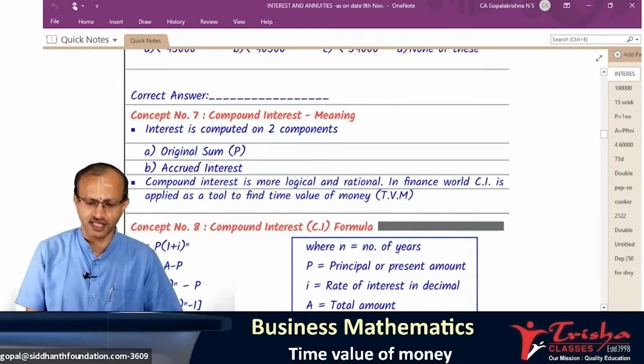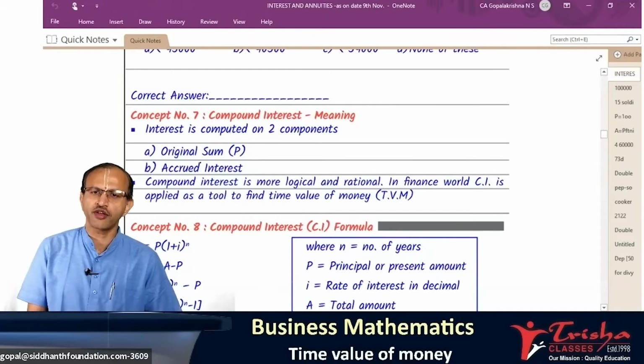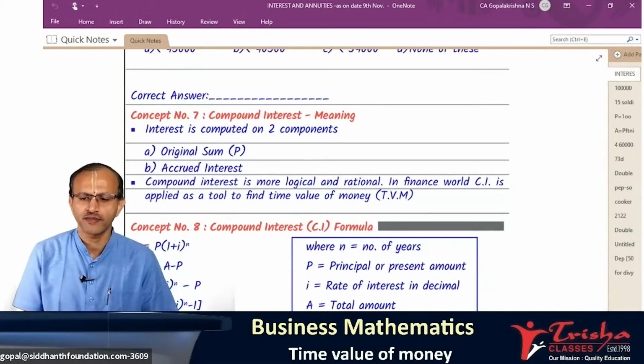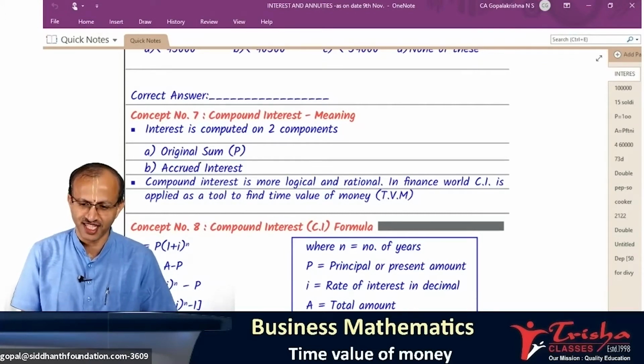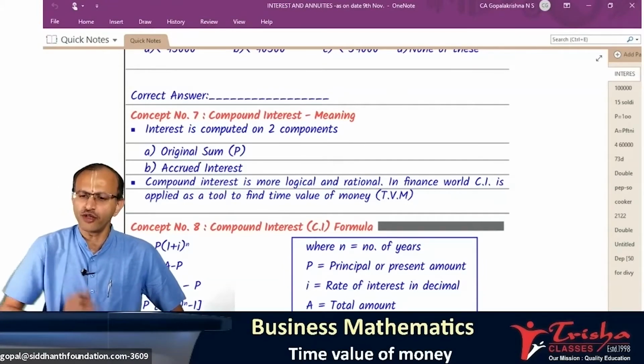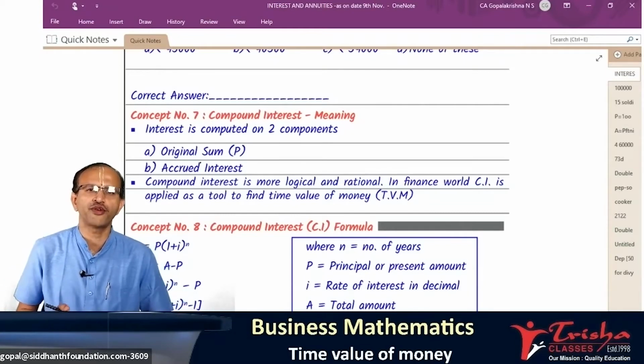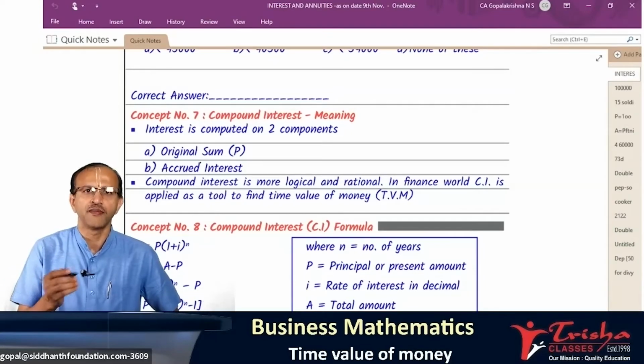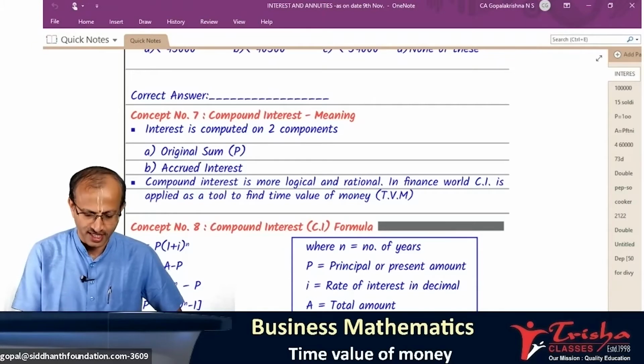I will send these notes to all of you. Whether you got yesterday's notes so far, please respond. Whether all of you got yesterday's notes quickly. Yes. Hope that is very clear and you got clear notes. Okay. Now what you will do with these notes, I request all of you to write that once again, because by reading it will not come. You have to write. So we will move further.